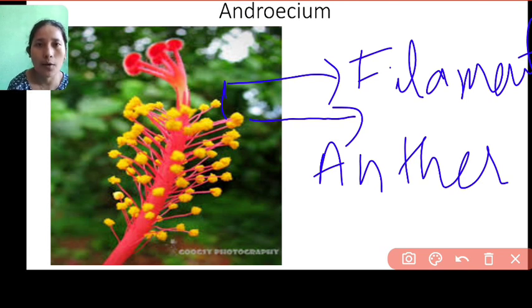a flower which has both the male and female parts. I advise you to take a hibiscus flower, and then you dissect the parts: you separate out the calyx, you separate out the corolla, and paste them on a white paper, label them, and then send it to me via text. You take a picture of that paper where you have pasted the different parts of the flower and send it to me. Okay, thank you.